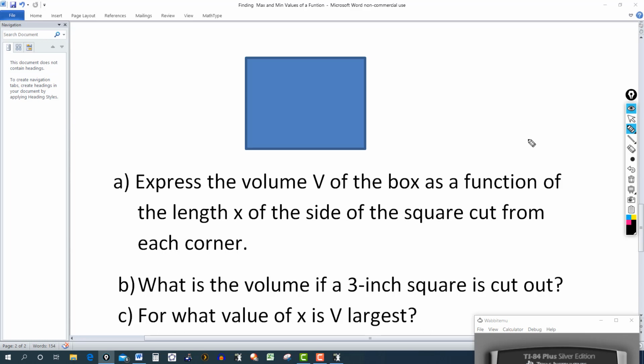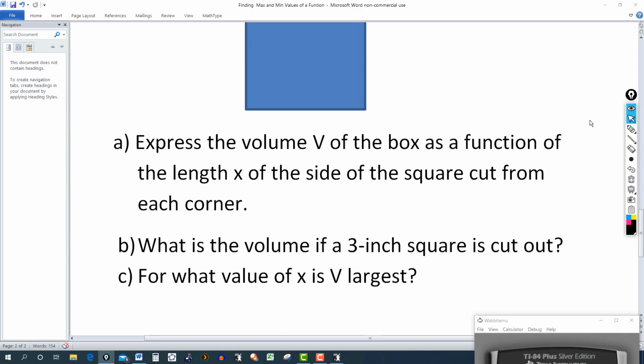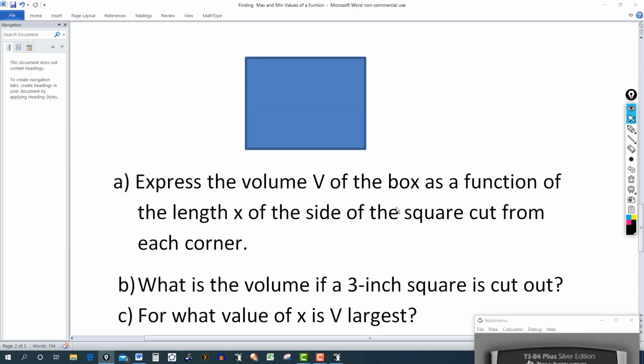Now let's clear this and go to C. For what value of x is V largest? So it's asking what is the maximum volume. Okay, and notice in this case we don't have a parabola. So again, using the graphing calculator,